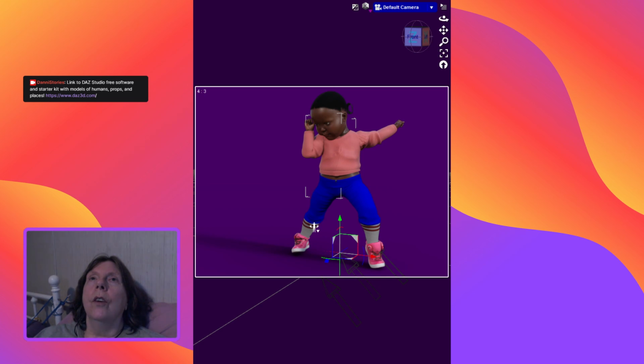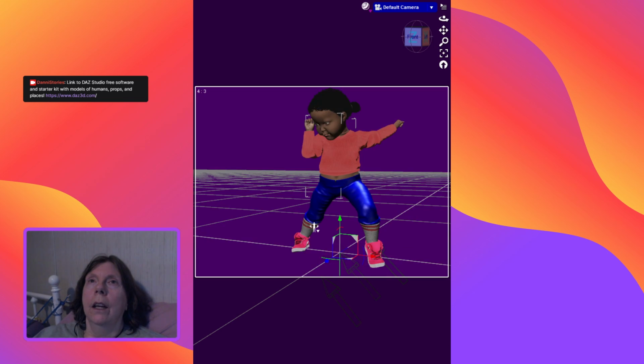Alright, I'm going to turn the iRay off and go back to texture shading, so that it's a little more responsive. So let's go back to my smart content, to my materials, iRay,